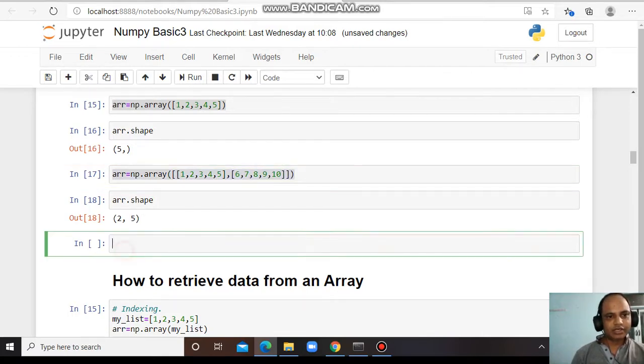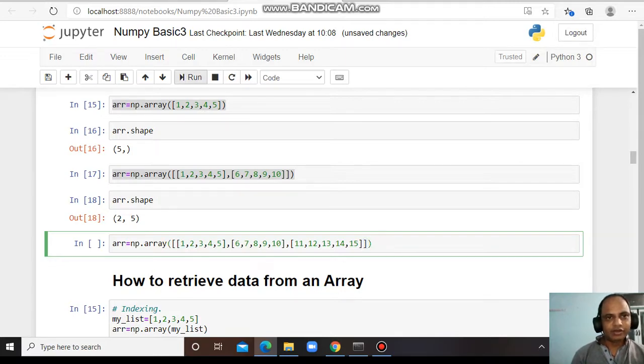Similarly we can also create a three dimensional array. How to create? We can create in this way. We just have to put the arrays with a comma separator. For example, I want to put another 5 values: 11, 12, 13, 14 and 15. And all the three arrays you need to put inside another list, that is another square bracket.